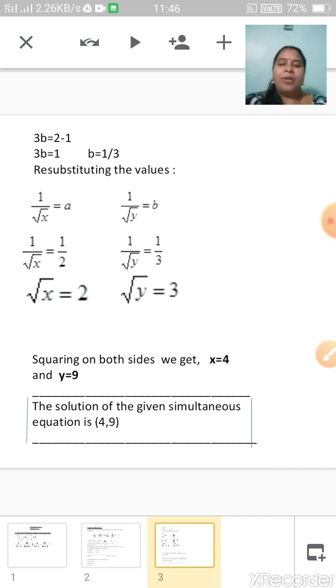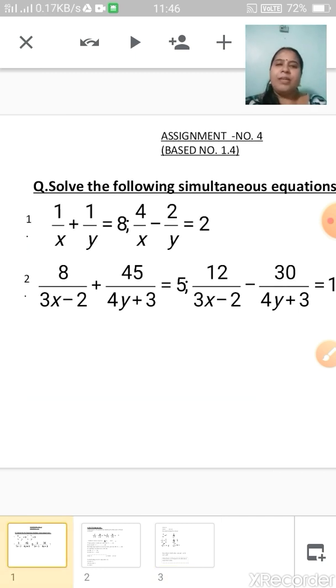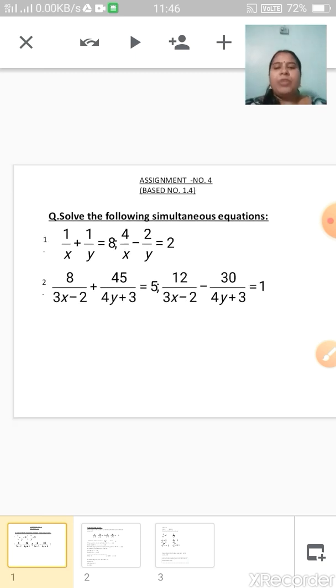Now we come to the last part, that is assignment questions. So here are your questions. You need to do these two sums. As the sums are lengthy, I have not included many sums, but I sincerely want you to do all these sums as practice. Whichever sum you have doubt in, you might ask us whenever we resume back in school. Both the questions have to be solved equations.